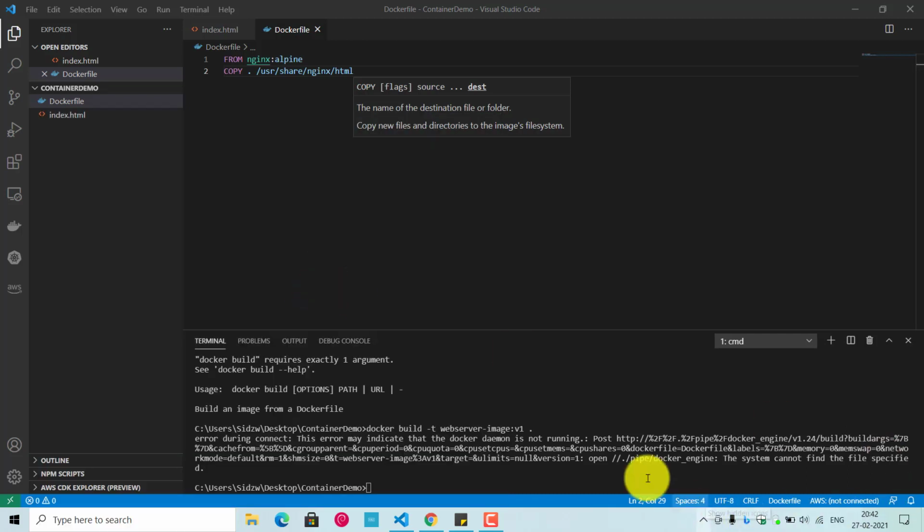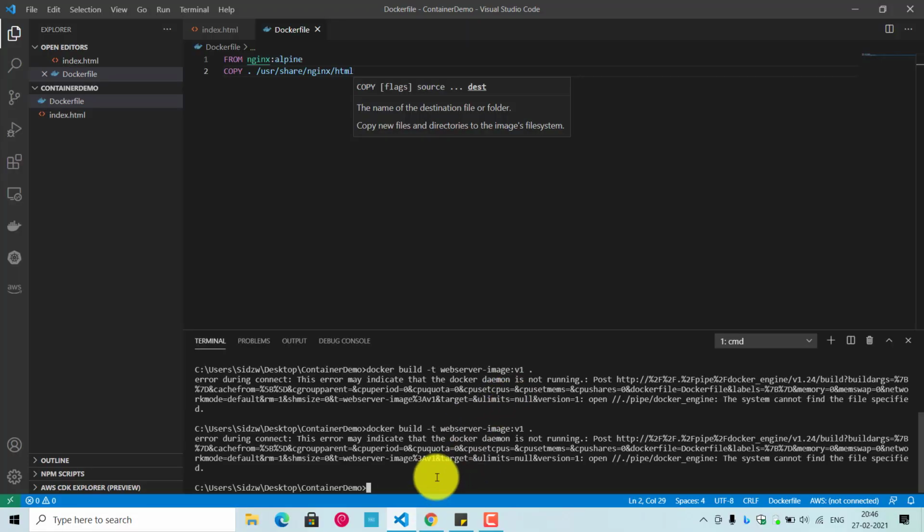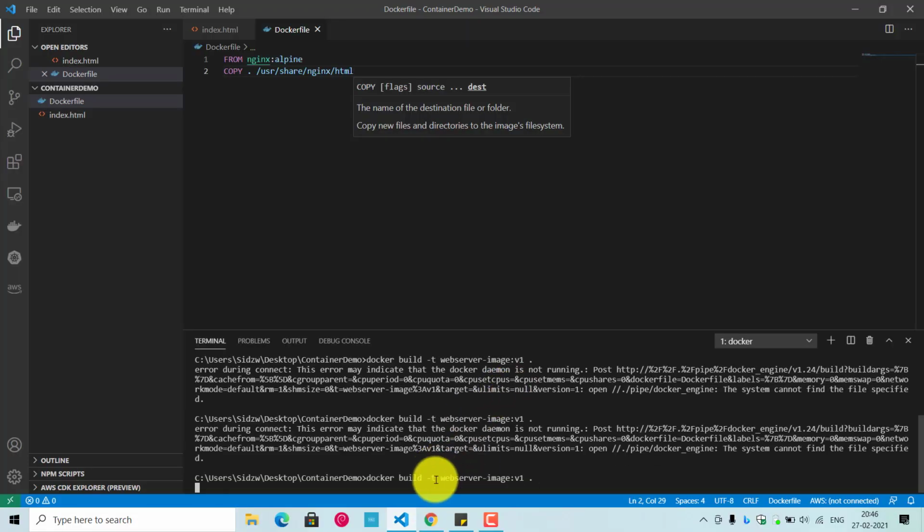It will take some time to open up, and you just have to start the service. I think it's not loaded yet. So if you are on Windows and you are getting this error that Docker daemon is not running, it mostly signifies that you haven't started your Docker Desktop before running any Docker command. Docker Desktop understands the Docker CLI instructions, right? As you can see, my Docker Desktop is started. So let's retry one more time to run our Docker build command, enter.